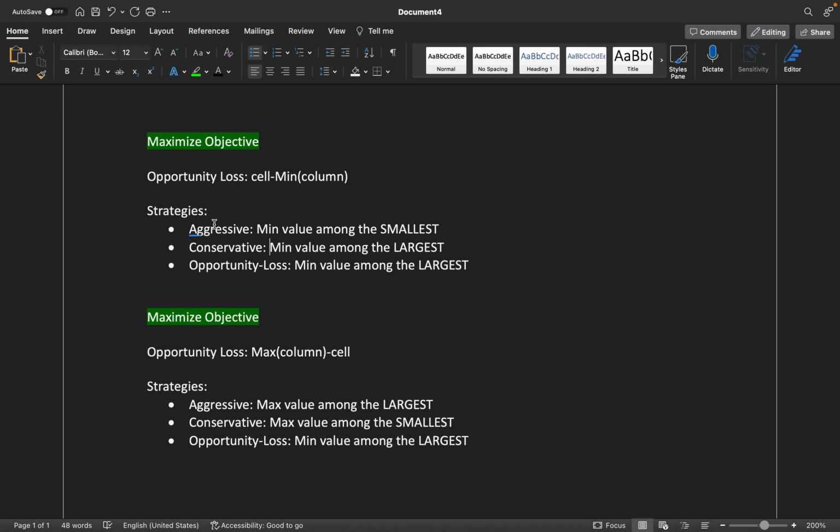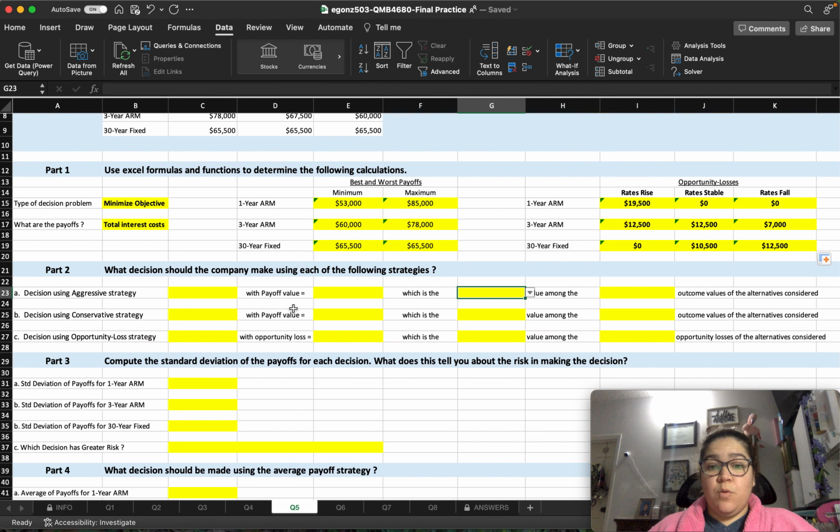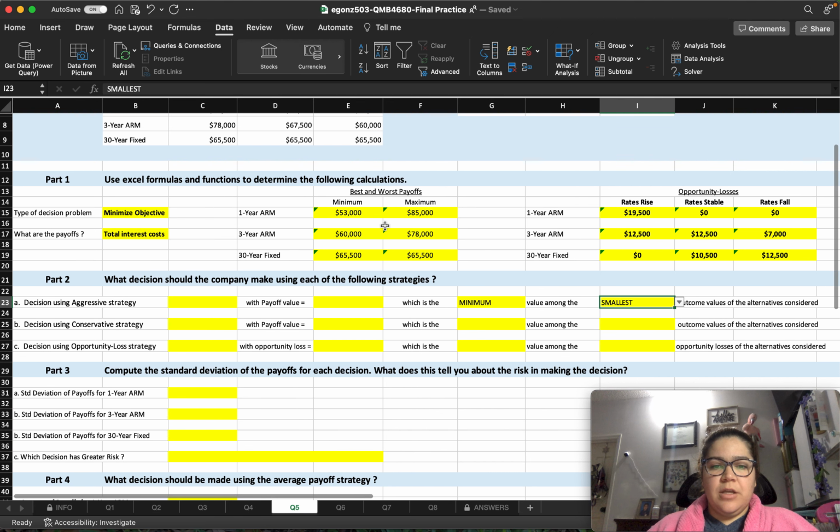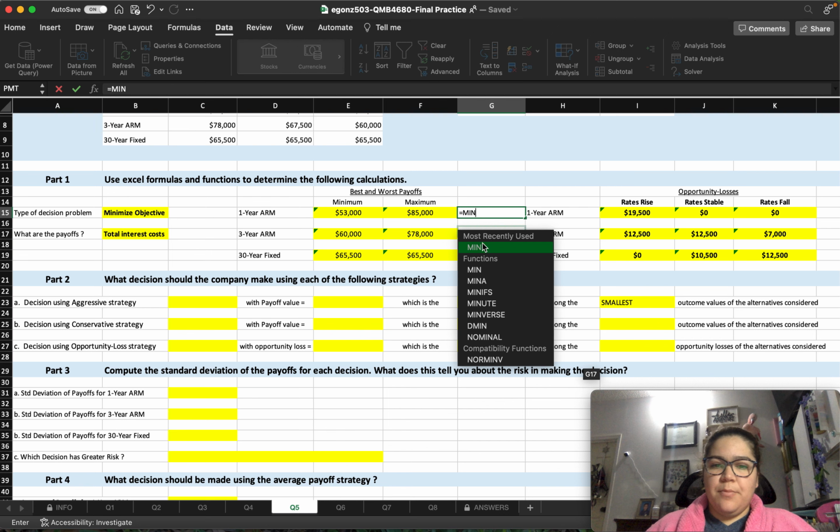So if we're using the aggressive strategy, we're selecting the minimum value among the smallest, right? Because we want to save every penny. So we're going to select the minimum value among the smallest. What does this mean? In the best and worst payoffs, using the aggressive strategy, we're going to select the minimum value,